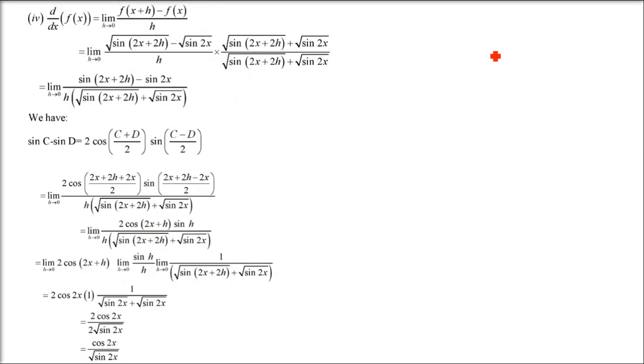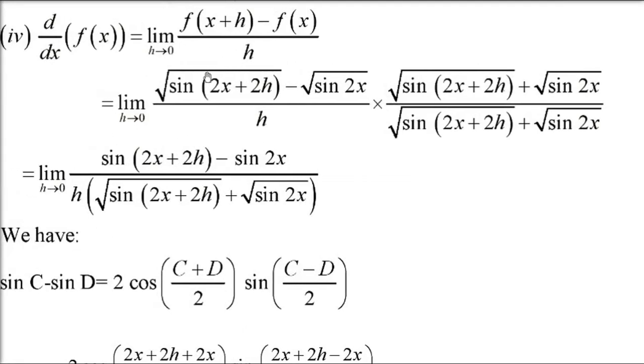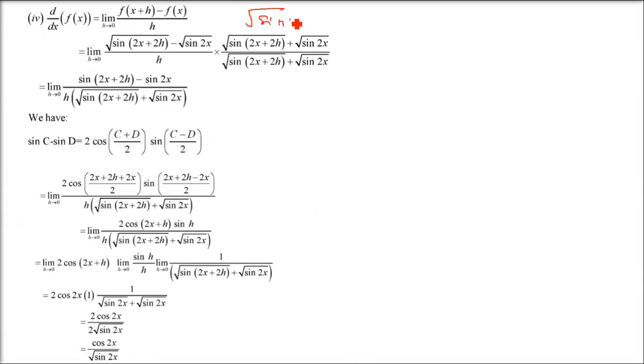Now the fourth one also will take time, so I am going to tell you here only. And wherever this under root will come, in all the questions, one more question, the 8th question is like this. Wherever this under root will come, please remember you have to apply the RF, the rationalization factor. So what is f of x plus h minus f of x by h? f of x is this one, under root sin 2x. Now take x as x plus h. So under root sin 2x plus 2h minus under root sin 2x by h.